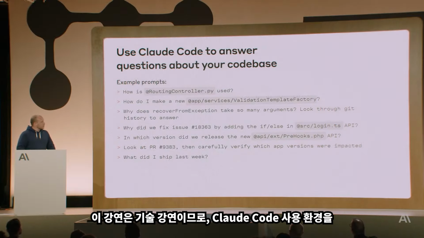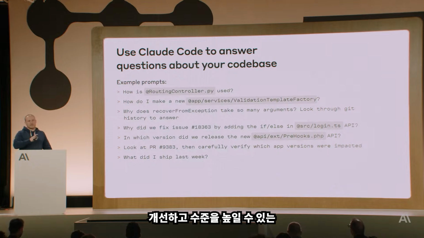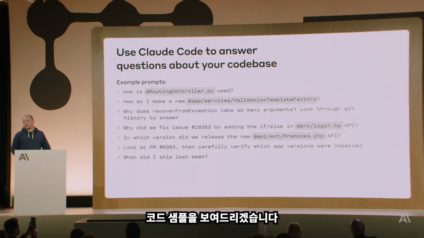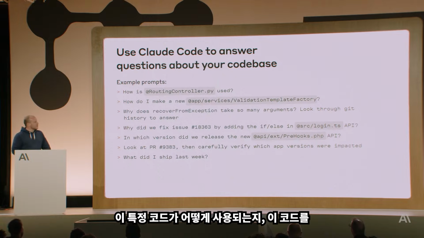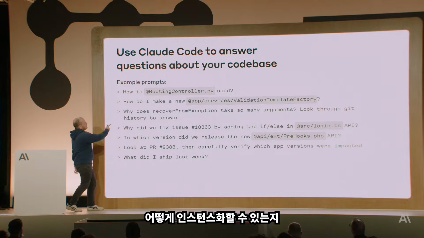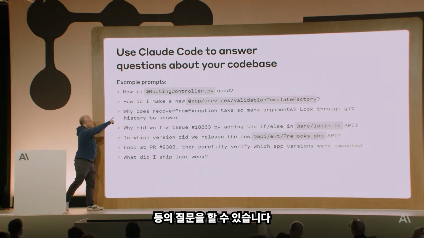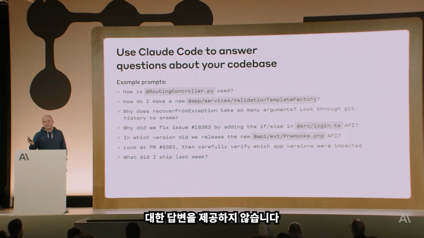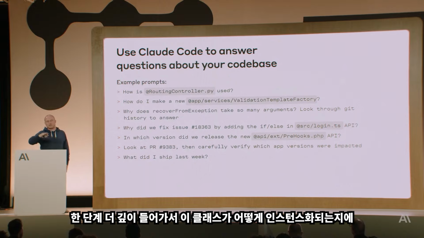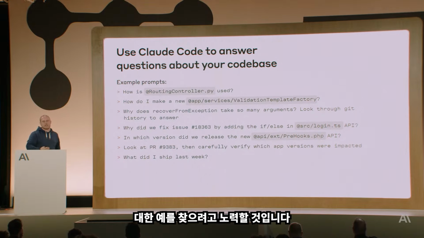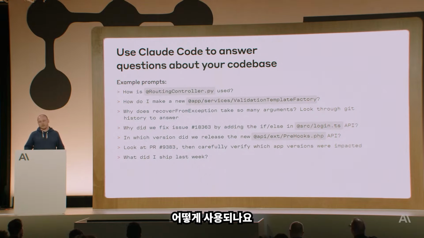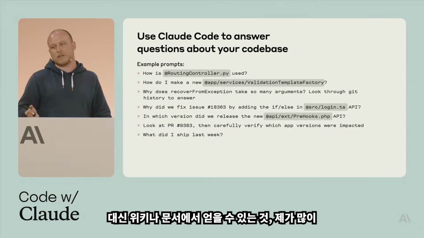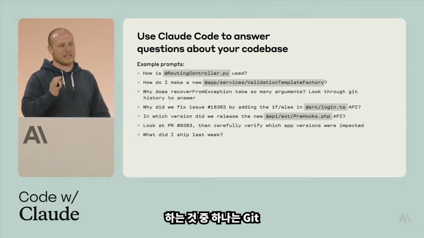This is a technical talk, so I'm going to show some very specific prompts and very specific code samples that you can use and hopefully improve and up-level your Claude Code experience. So some kinds of questions that you can ask are like, how is this particular piece of code used, or how do I instantiate this thing? And Claude Code won't just do a text search and try to answer this. It'll often go a level deeper, and it'll try to find examples of how this class is instantiated, how it is used, and it'll give you a much deeper answer, something that you would get out of a wiki or documentation, instead of just Command F.